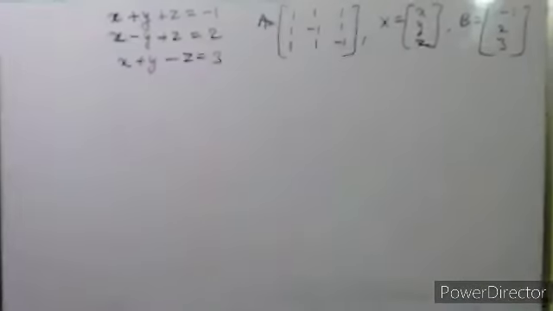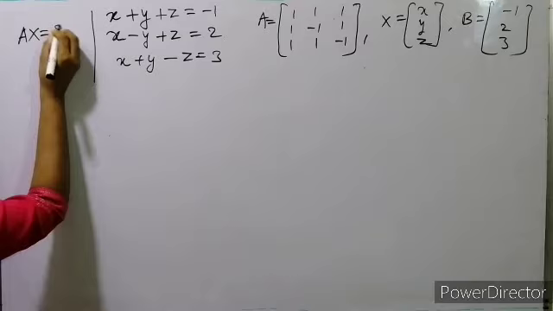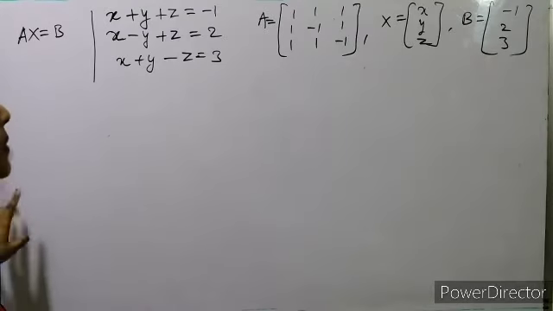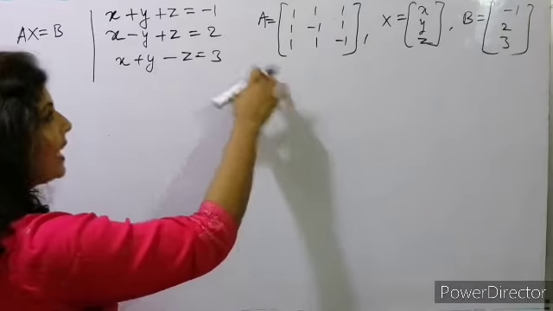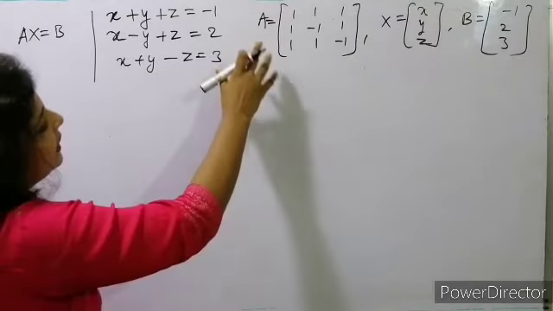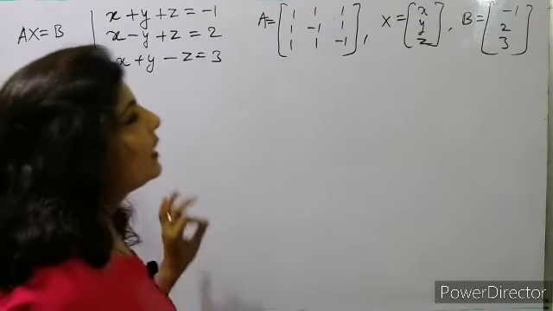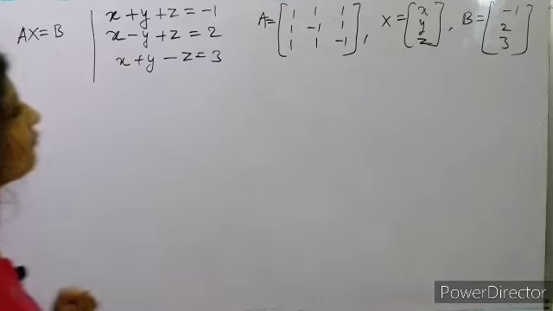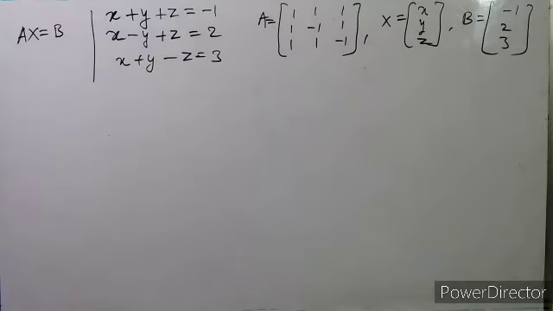Now what we have to do? If it's given Ax is equal to b, we can find out the matrix equation. So these are the 3 equations, linear equations with 3 variables. Based on that, we can find out the matrix A, that is the coefficient matrix. The x matrix we will take as x, y, z, and the B matrix we will take as 1, 2, 3. Okay. So now Ax is equal to B, the matrix equation.